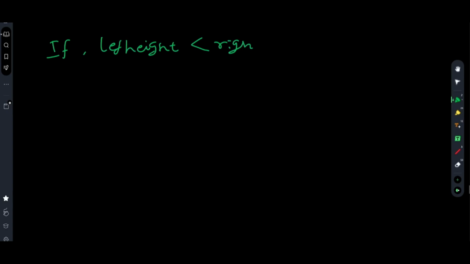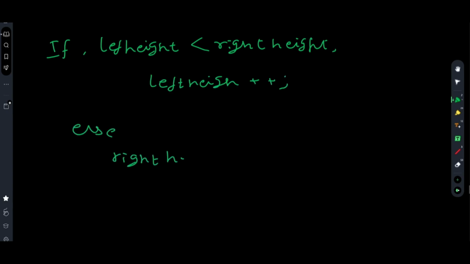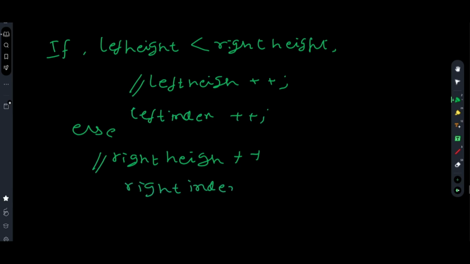So basically this is the entire algorithm. So what is the algorithm? The algorithm is that if left height is less than right height, left height will increase, else right height will increase. Left height increases, therefore left index plus plus. Right height increases, therefore right index minus minus. Not necessarily, it will try. Increment tried